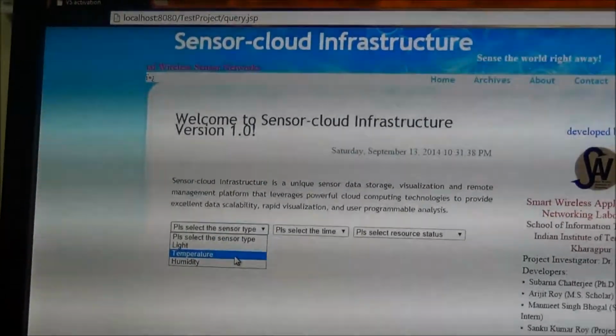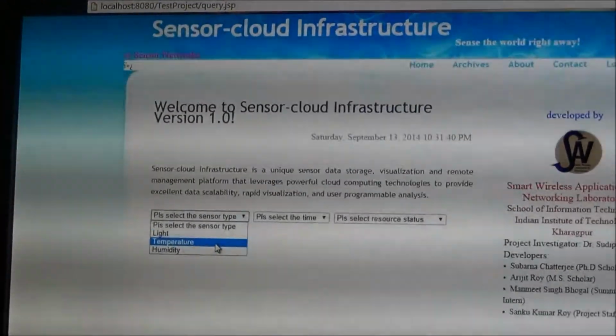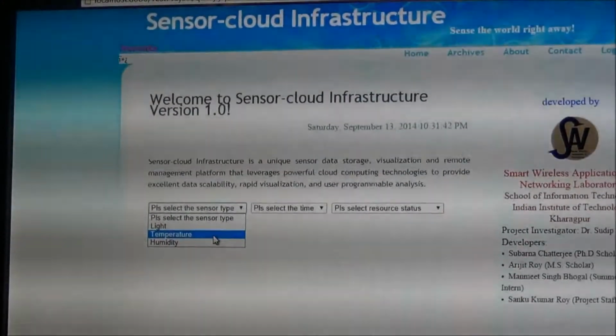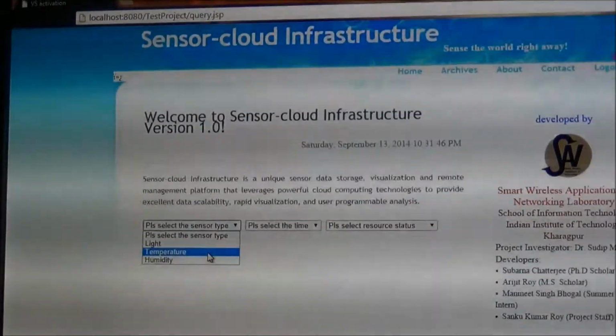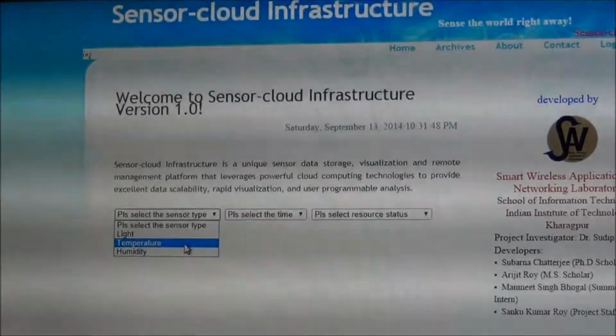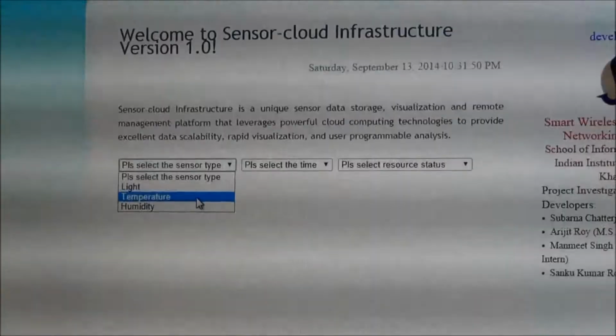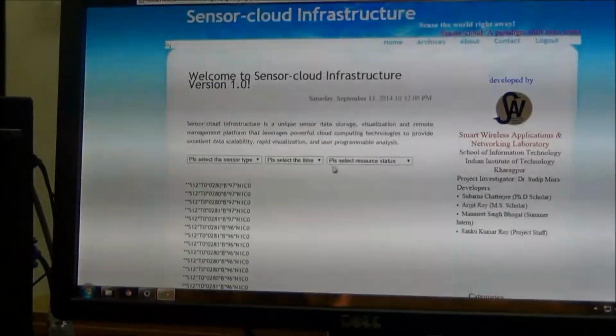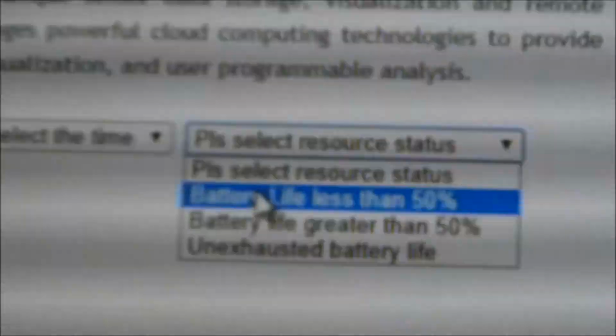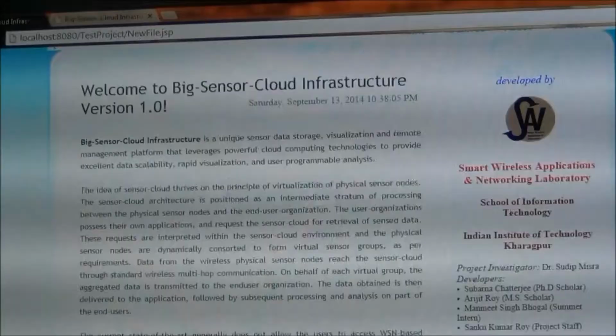Here lies the beauty of Big Sensor Cloud Infrastructure, where the user is served with information of his customized queries in no time, or in real time, where he receives the sensor data, which is quite huge, and it continues. Or he can check out the battery life.